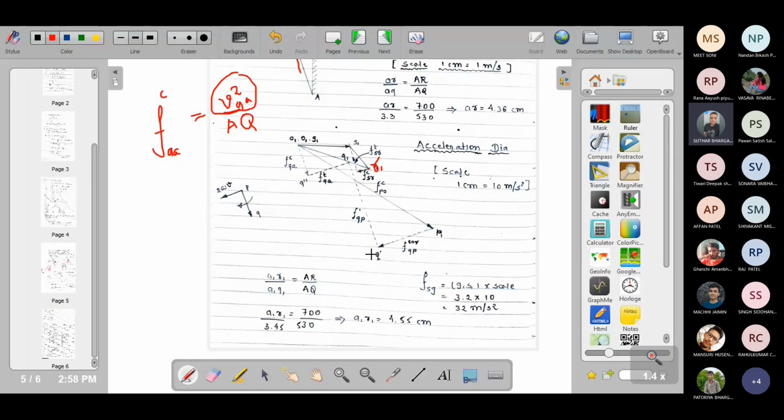नहीं, हमने क्या किया यहाँ पे देखो, A1 Q1 हमने किस में लिया था, यहाँ पे मेजर करके जो भी यूनिट आया वही यूनिट में रखा हमने, सो नो नीड टू कन्वर्ट इट। यहाँ पे कितना 3.45 है, ये मेजर किया। ओके, तो मैंने सीधा 3.45 रख दिया। ओके, नो नीड टू कन्वर्ट इट इनटू स्केल। 3.45 से मल्टीप्लाई करोगे, फिर 10 से मल्टीप्लाई करने की कोई जरूरत नहीं है।